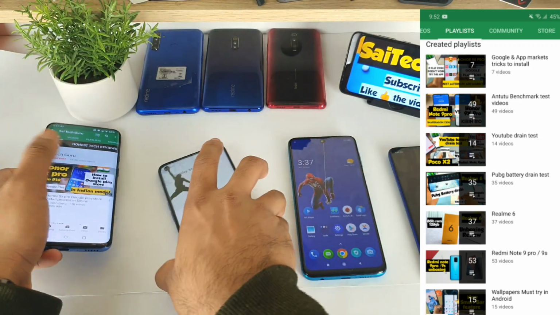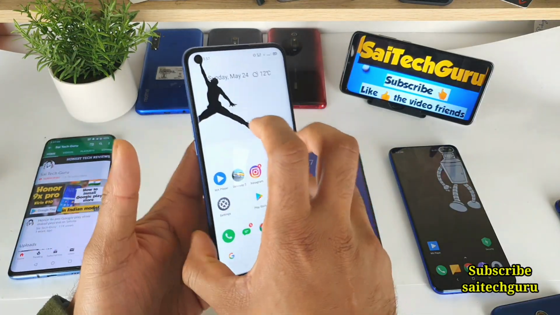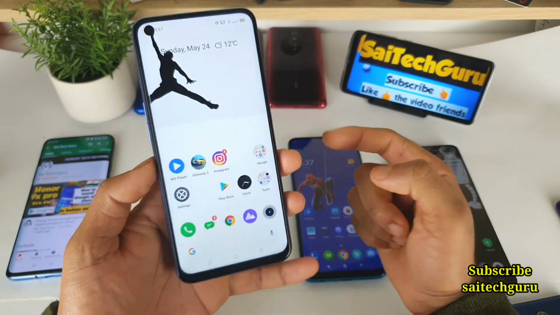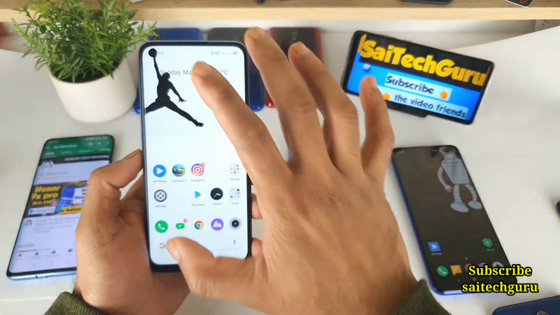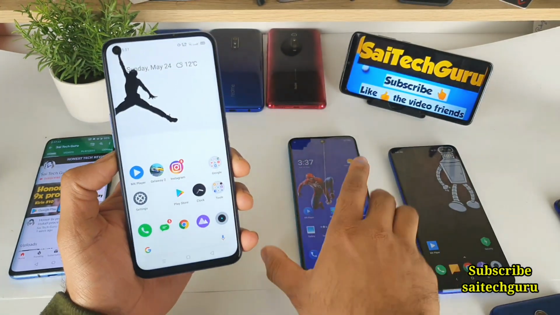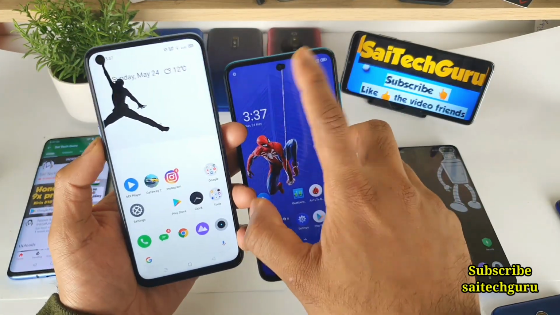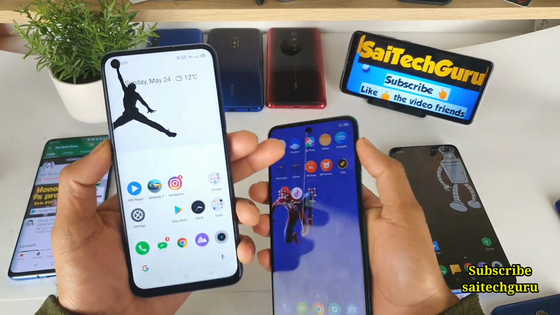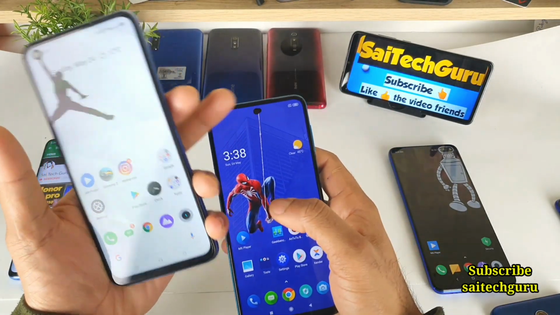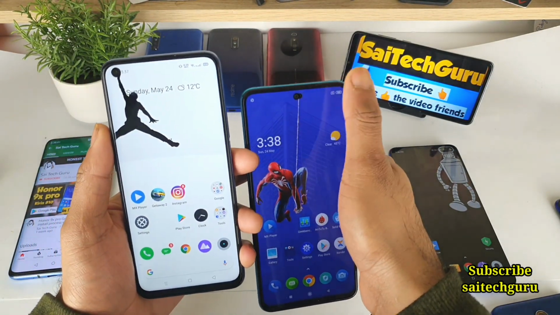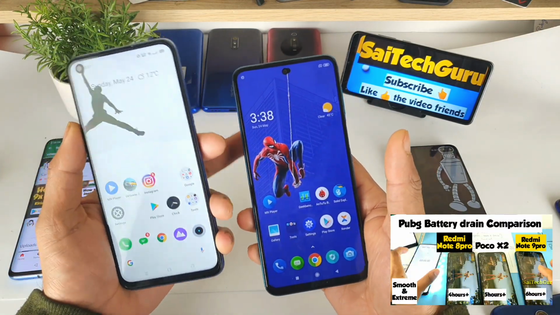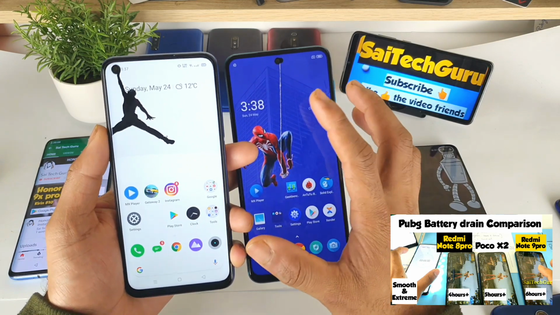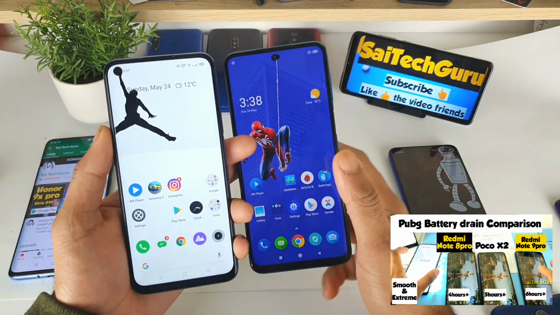Let's get started on how you can actually set wallpapers in the Realme 6 phone, because I searched everywhere, friends, and I cannot find an exact wallpaper for the Realme 6 phone. The reason we found wallpapers for the Redmi Note 9 Pro is that it has the punch hole exactly in the middle, which is the same kind of placement as the Samsung Galaxy Note 10. So the developers who develop the wallpapers for those phones, we have used for these mobile phones.